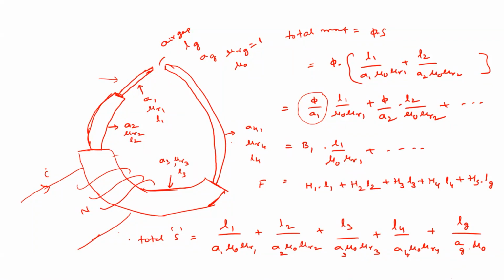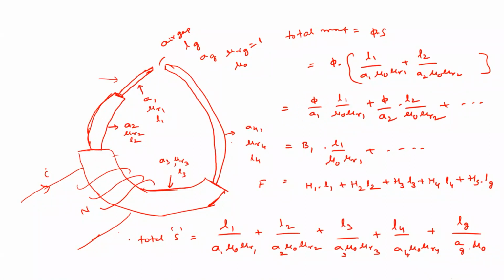Sir, how can we take flux common for all the materials with different shapes? We are not taking anything common, right? We are representing this 5 by A1, so that is B1. See here, the flux is common because this is a series connection, right? Whatever the flux is in this one, it will be the same in both, because it is series, that's why the flux is only 5.